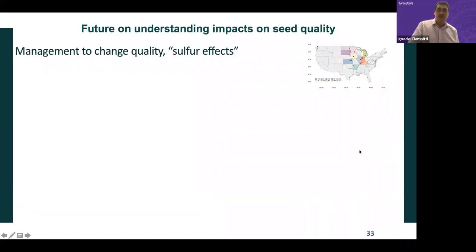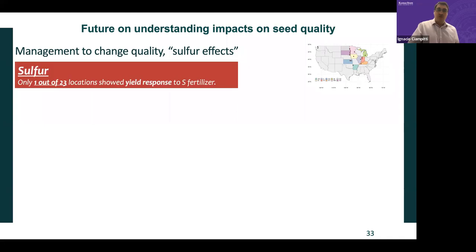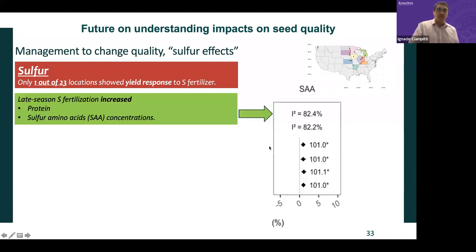And lastly, to finish, which I think is just thinking more about the future, when you're looking at that sulfur response, and sulfur response connected mainly to the responsive yield sites. In a previous study, we also looked much closer at the quality. We also have data on quality for this study, so we will be exploring more in the next steps. And these sulfur effects are also connected in some situations when we see yield response to sulfur in that study. We also see a yield response to sulfur amino acids.